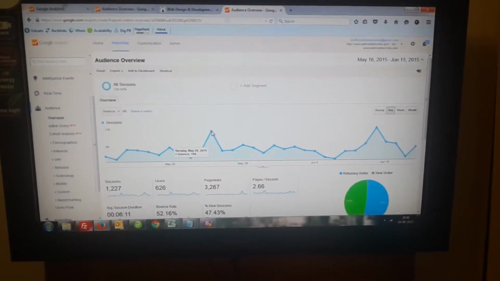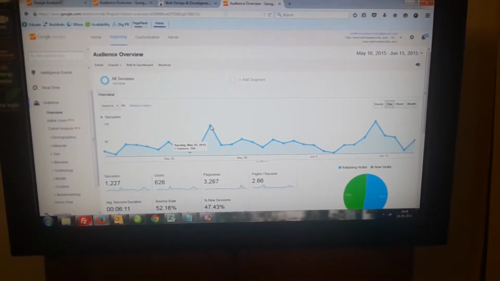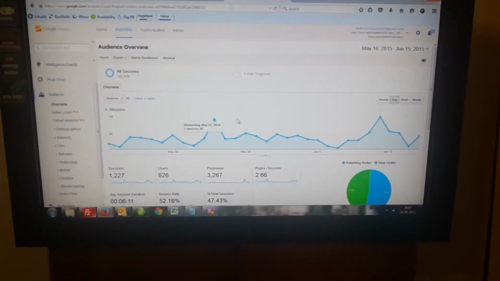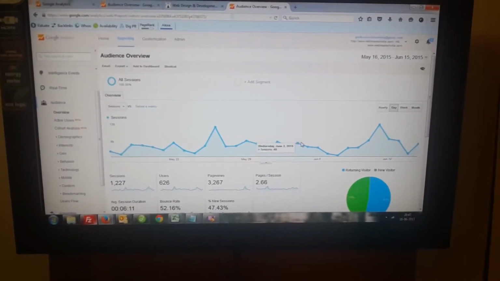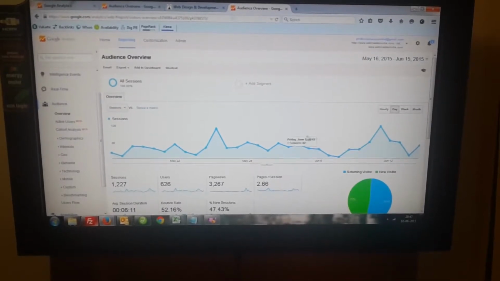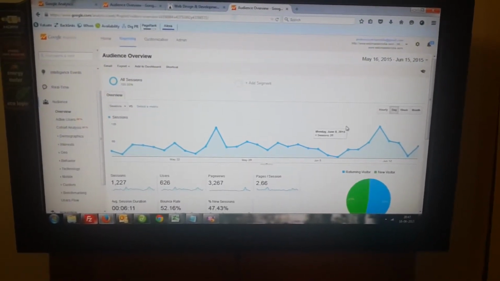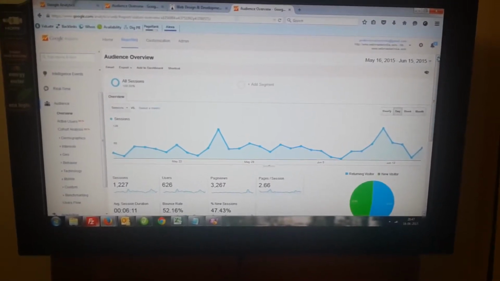On 26 May 2015, the number of sessions the site has got is 104. Similarly, on a daily basis, you can measure the traffic coming to your website. This is the monthly graph. So you can measure the monthly traffic in a similar way.